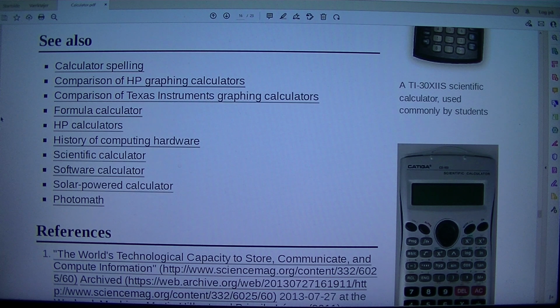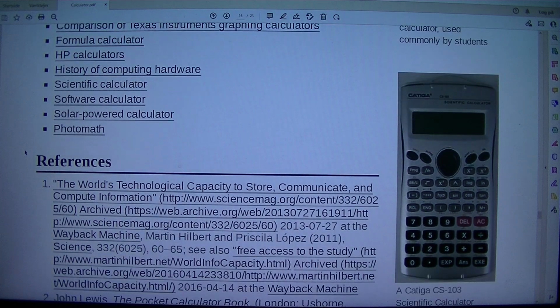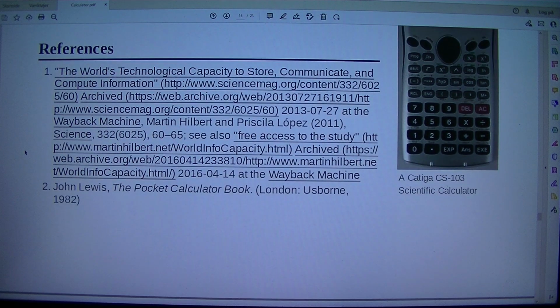Comparison of HP graphing calculators. Comparison of Texas Instruments graphing calculators. Formula calculator. HP calculators. History of computing hardware. Scientific calculator. Software calculator. Solar-powered calculator. Photomath. References. 1. The world's technological capacity to store, communicate, and compute information, archived the 27th of July, 2013 at